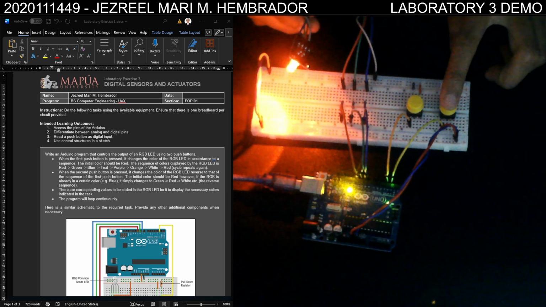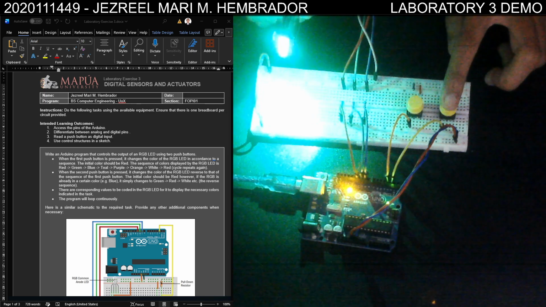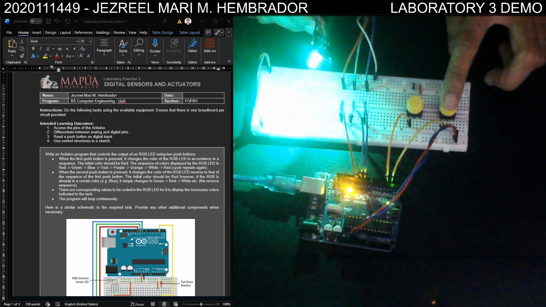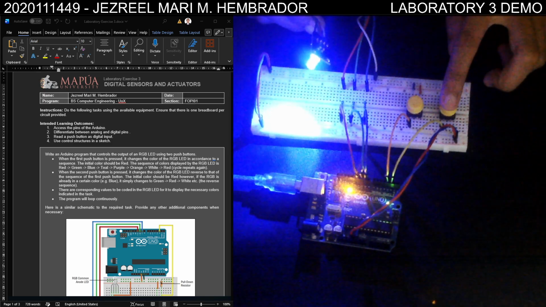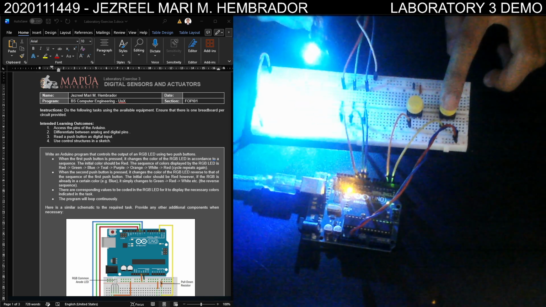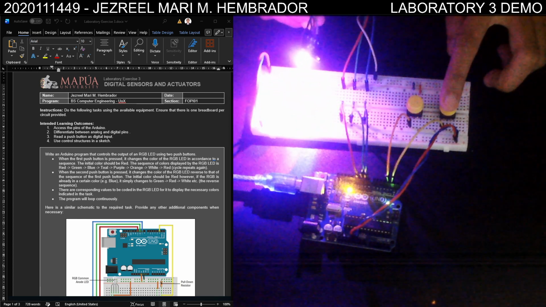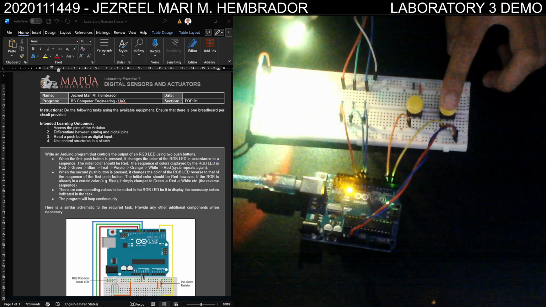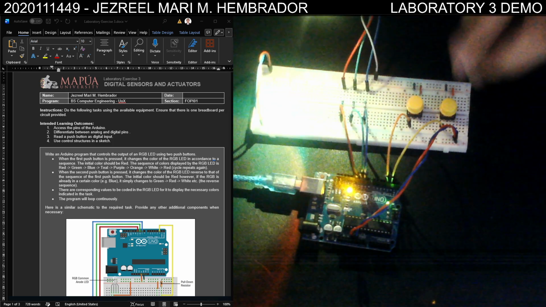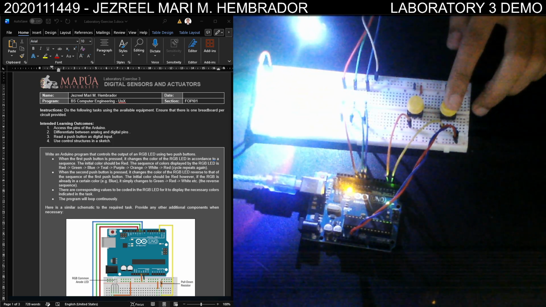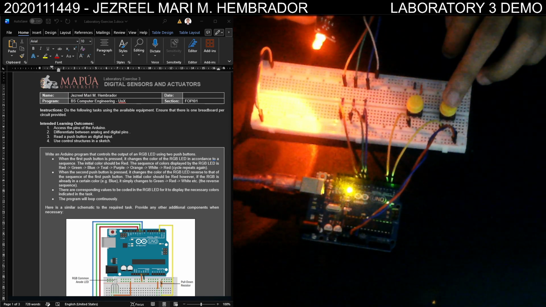Then once you press the first push button, it's now green. And then when we press again, it is now blue. Then again, it's now teal. And then again, it's purple. And then orange. This is orange. And then white. So now, when we press the first push button again, it goes back to the red, which